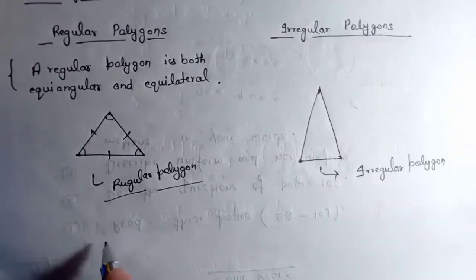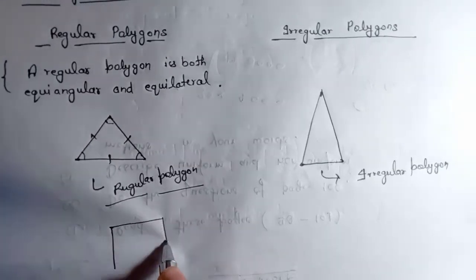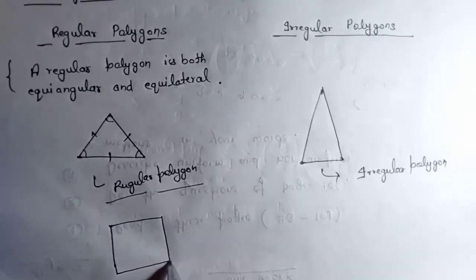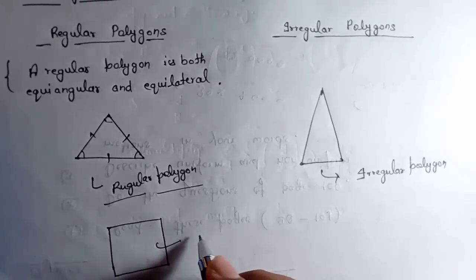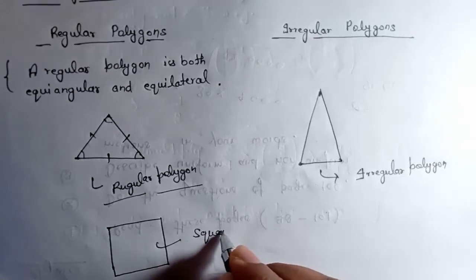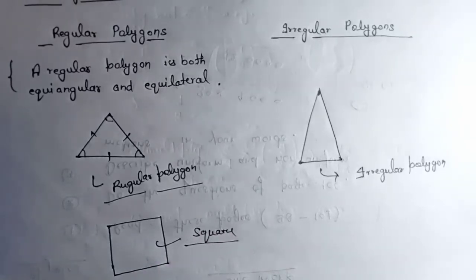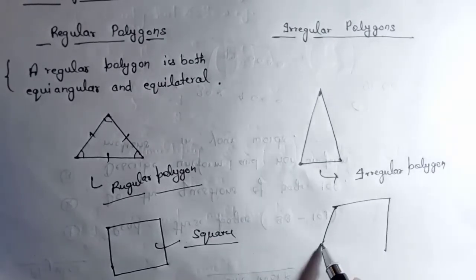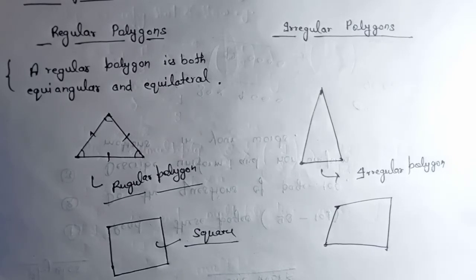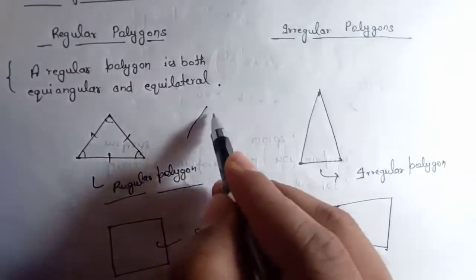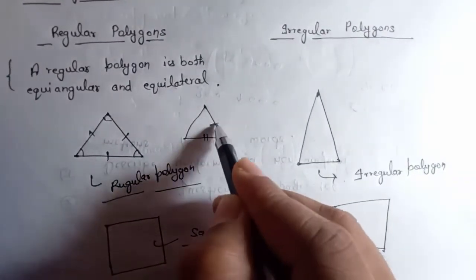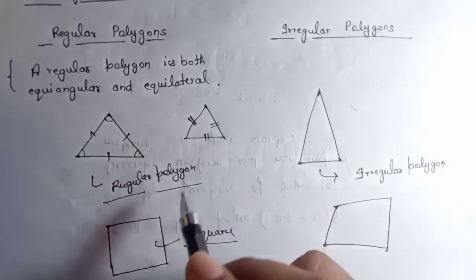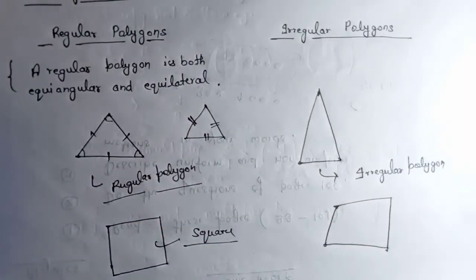If we draw a square, all the sides of a square and all the angles of a square are equal, so it is again a regular polygon. And all the rectangles, all the polygons except this square are irregular polygons. In geometry, if you get this sign, or if you get this sign, it means that these sides are equal. Okay, so do not get confused if you get a double cross or single cross somewhere.